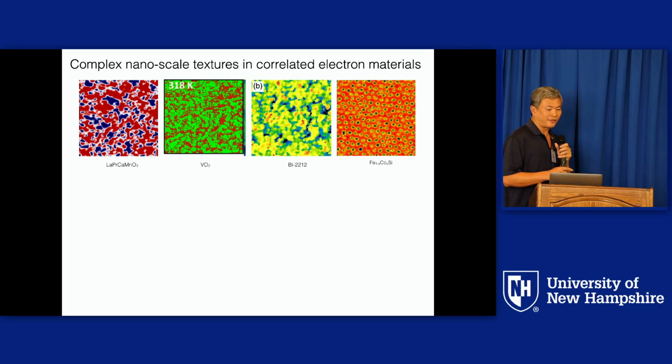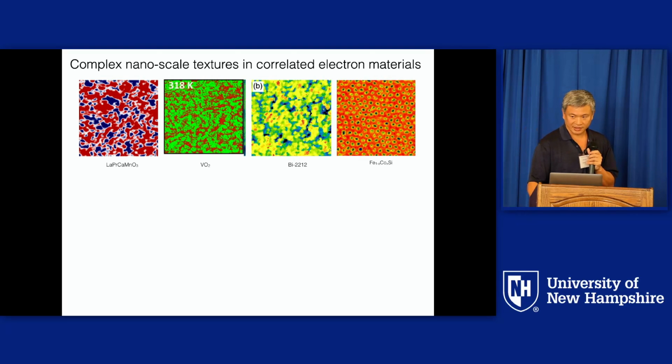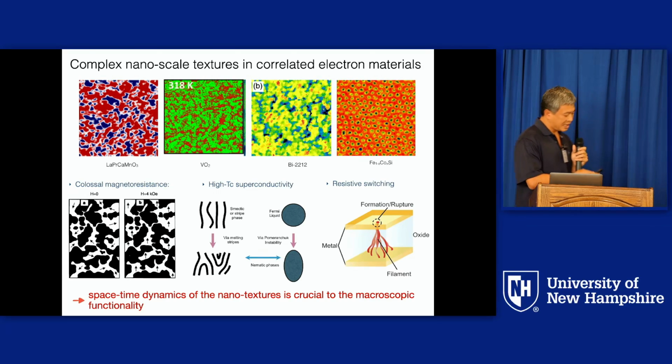The motivation of our work is these complex mesoscopic textures observed in many functional electron materials, like this MFM image of colossal magnetoresistant manganites. And this is a near-field infrared image of a VO2 Mott insulator, a high-Tc material, and this is a skyrmion MFM image of another skyrmion material. And these nanoscopic